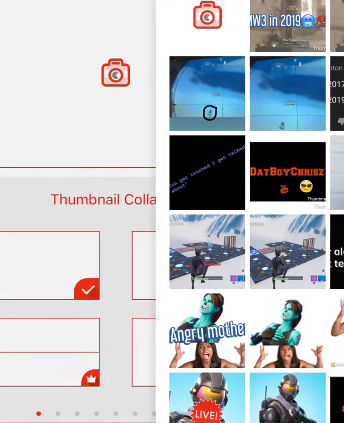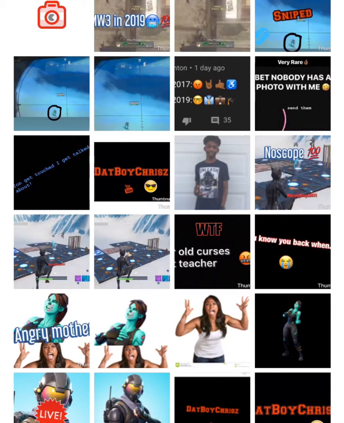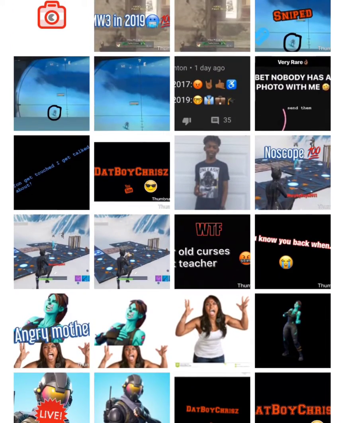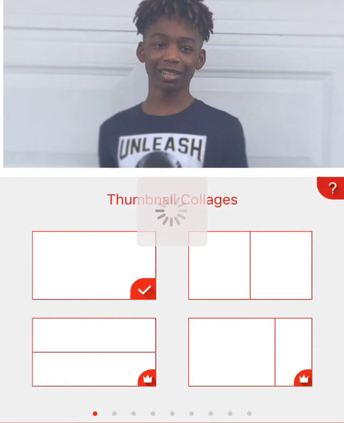Press this wide thing, and then you could take a picture and you could get one of these photos from your gallery. So for example, I'll do this one. Press this,